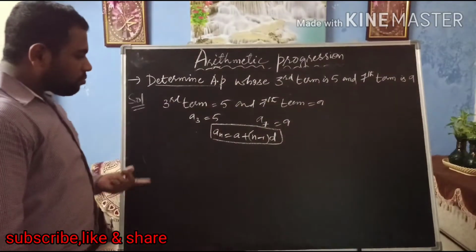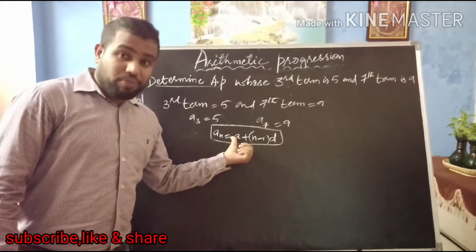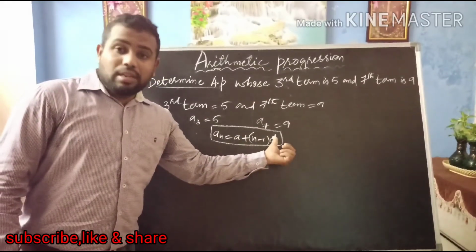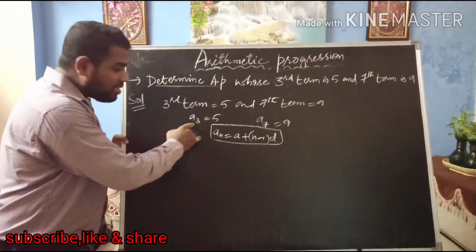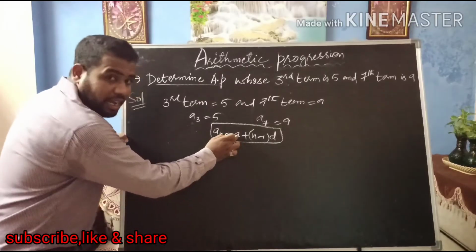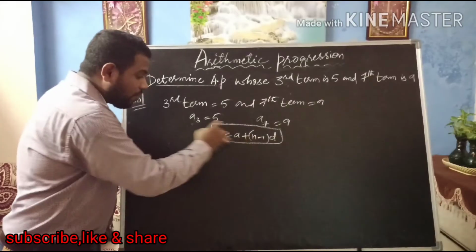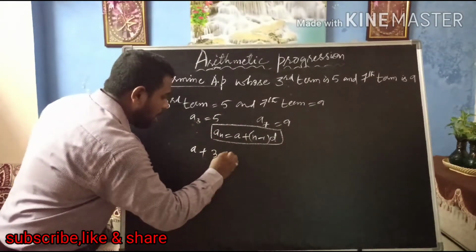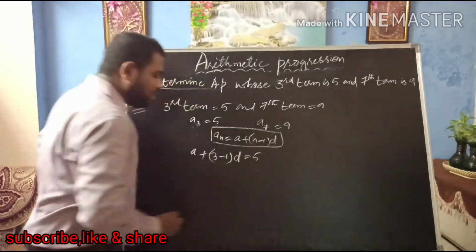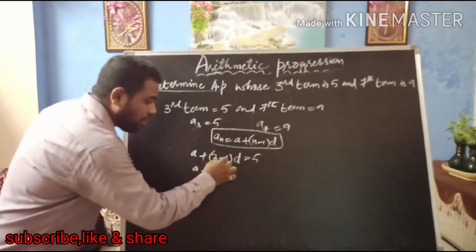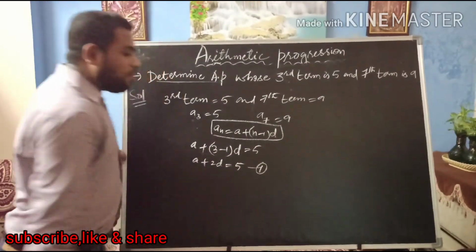term here. See, in this question there is no series given to us. It means we do not have the first term a, neither do we have the common difference d. So the first is what? The third term, that is given as 5. So here a is not available, so a is the same as a plus, in place of n we can write what? 3, third term. So 3 minus 1 into d, which is also not given to us, equals what? 5, that is right. So a plus 3 minus 1 is 2, 2d equals 5. So this is equation number 1, I am keeping it as.